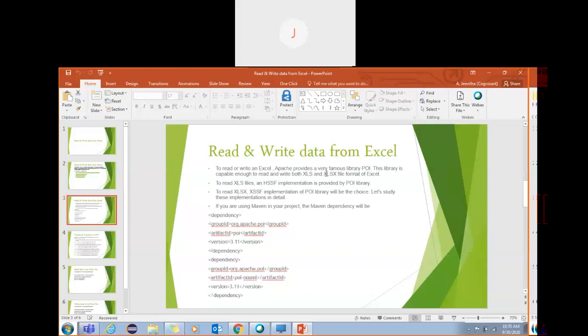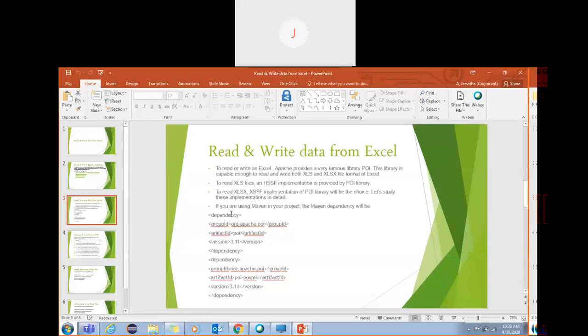We have two extensions of Excel file in Microsoft, XLS and XLSX, which is the advanced one. Apache POI supports both formats, but they are different. XLS is a binary form of storing data, and XLSX is an XML form, which Microsoft has implemented. So we have different implementations for both files: to read an XLS file we have the HSSF implementation, and to read an XLSX file we have the XSSF implementation.